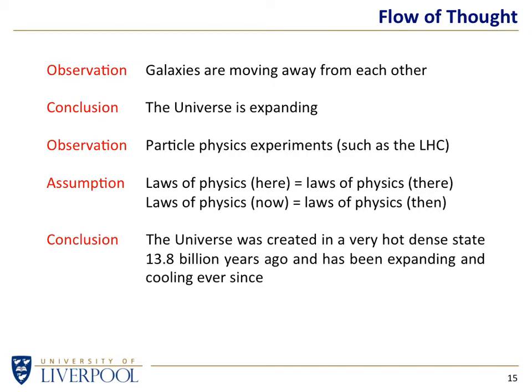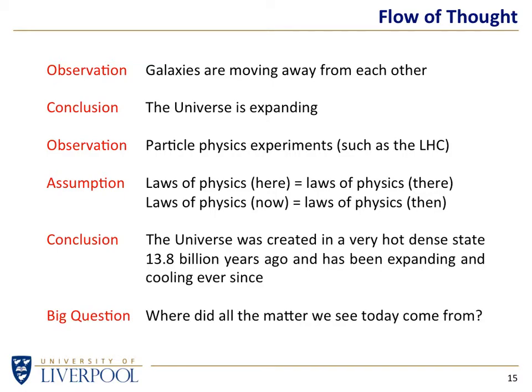So what do we get if we take those observations and those assumptions? We come to the conclusion that the universe must have been born 13.8 billion years ago to explain the expansion that we see, and it must have been very hot in those early days and expanded, because that's what the laws of physics tell us about expanding systems. As they expand, they cool. So if it's a certain temperature now, it must have been a lot hotter in the past. It was born very hot, and it's been expanding and cooling ever since.